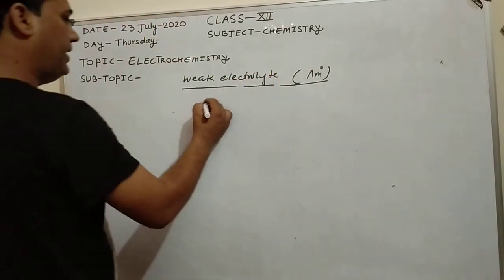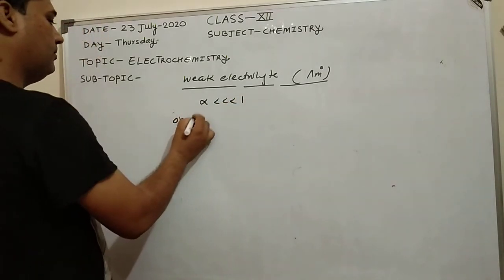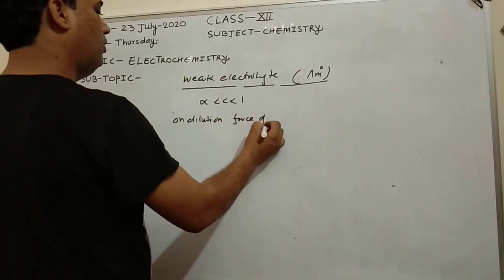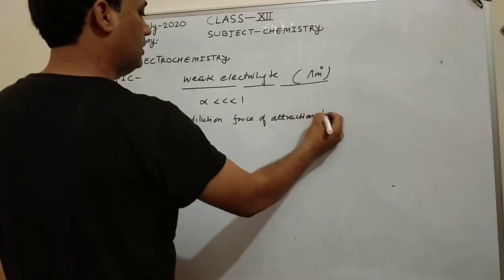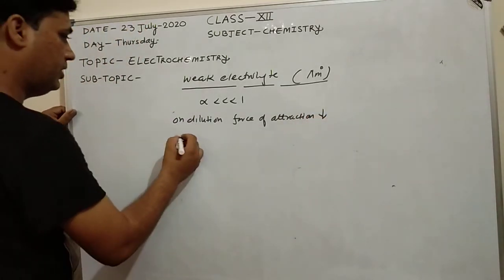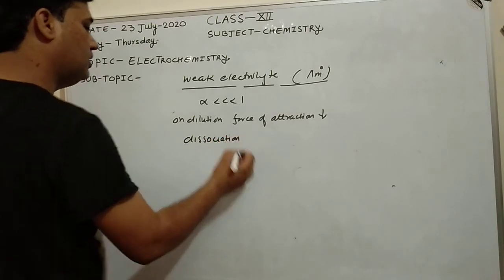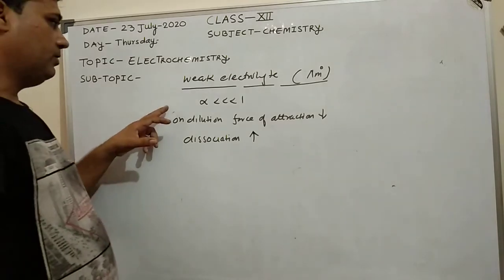For weak electrolyte, alpha is very much less than 1. On dilution, force of attraction decreases, dissociation increases. So in weak electrolyte,